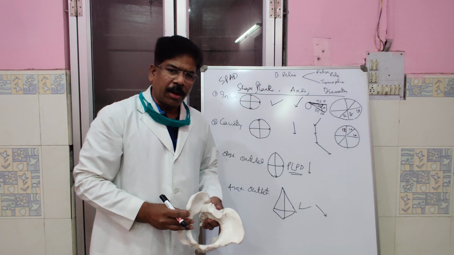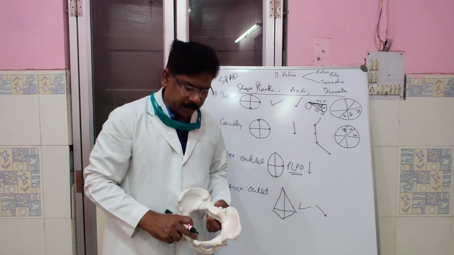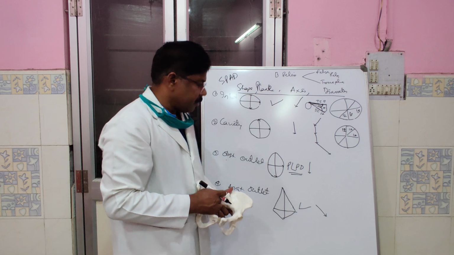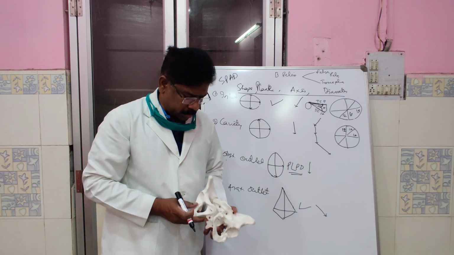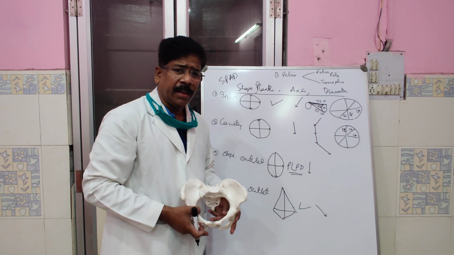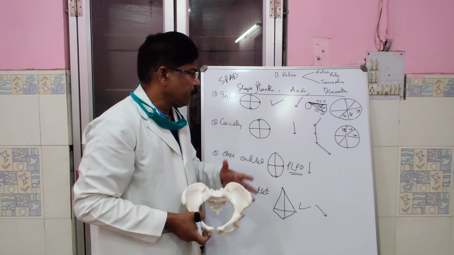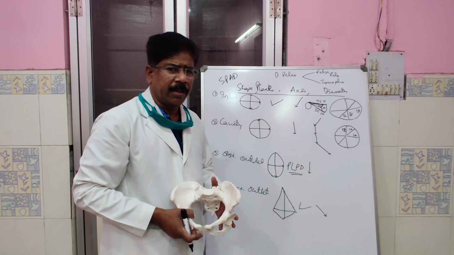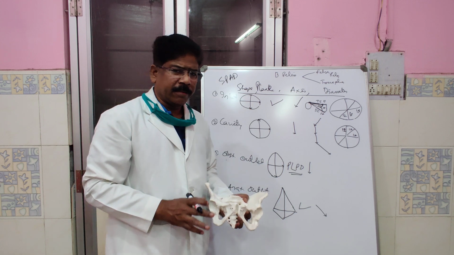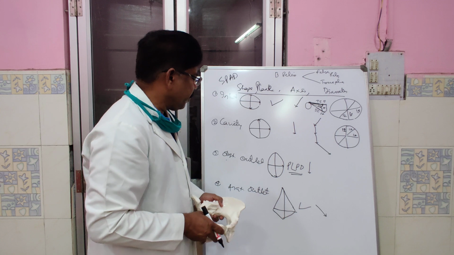So the anteroposterior diameter means the most prominent point behind the symphysis pubis to the junction of the second and third sacral vertebra. This is the 12 centimeter. Similarly, due to the soft tissue that covers inside the cavity, you do not precisely know the bony prominences to define the oblique diameter and the transverse diameter, but roughly all the diameters, that is the anteroposterior diameter, the transverse diameter and the oblique diameters, are 12 centimeter inside the cavity.